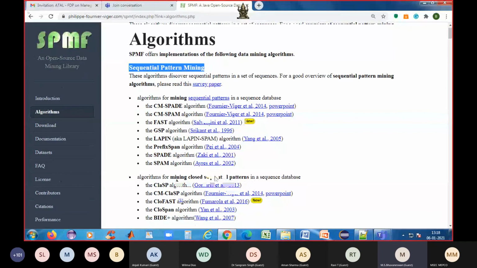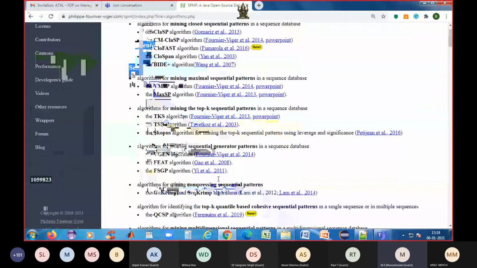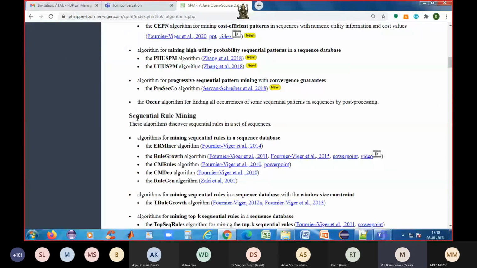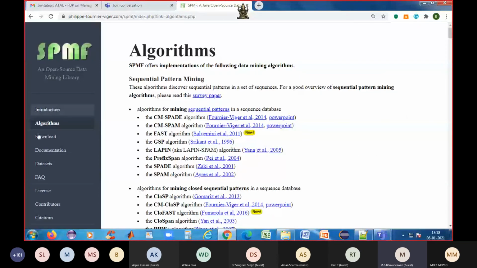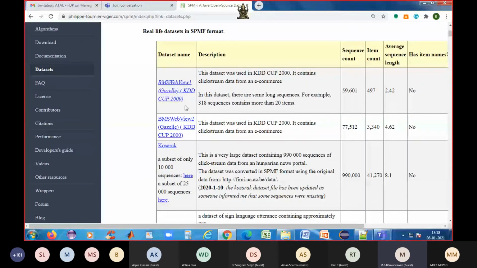Okay, so for that, the corresponding papers, category wise, they have given. Rule mining, what are the papers related to it? So apart from the algorithms, documentation and data sets will be there. Very important thing, they are providing a guide, and data sets if you want to download for your pattern mining.